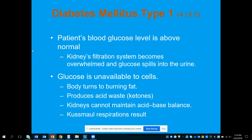So again, glucose is unavailable to the cells because the insulin is not there to unlock the cells to let the glucose in. So the body begins to burn fat instead, and it starts producing ketones as an acid waste. And the kidneys cannot maintain an acid-base balance here, and so you start to have Kussmaul respirations, and the body